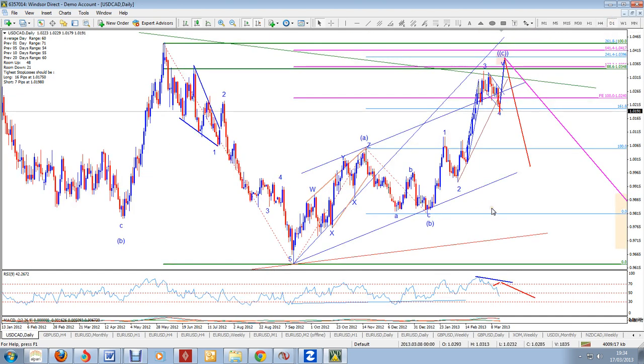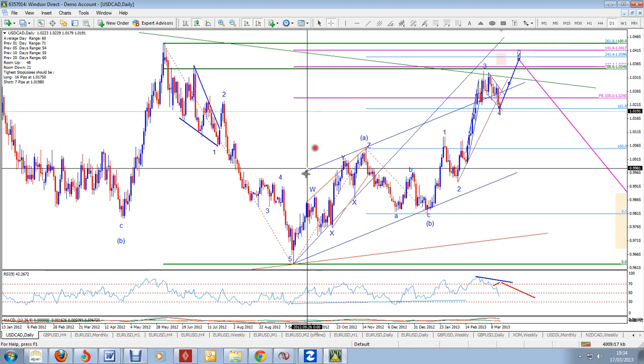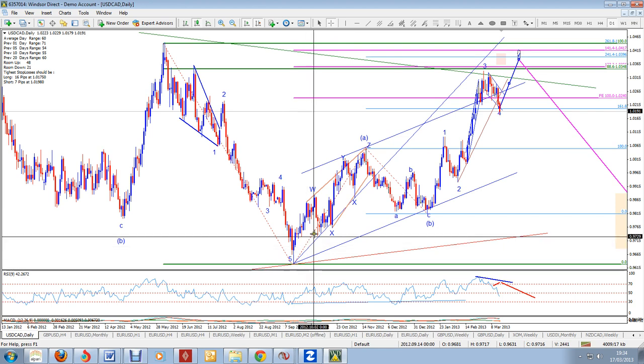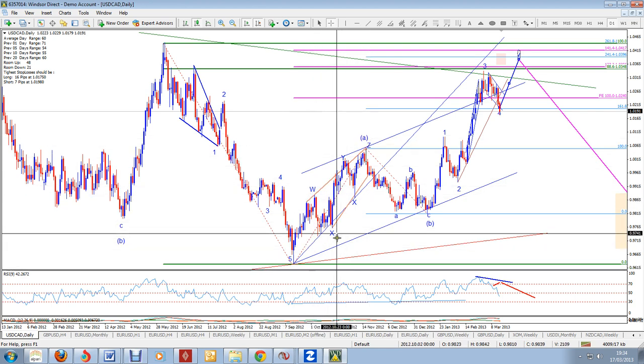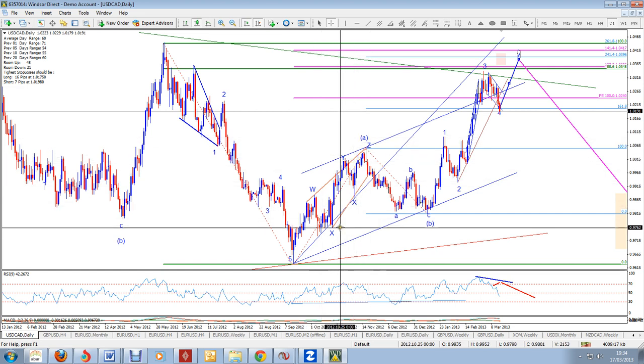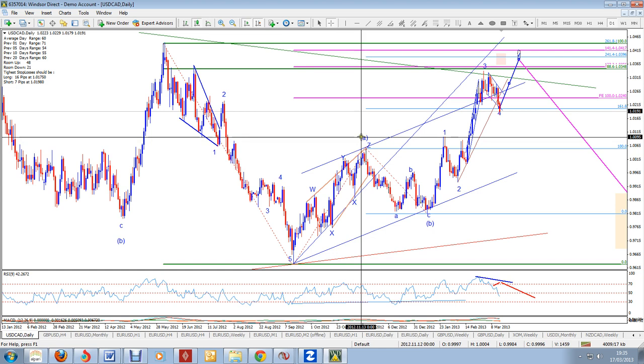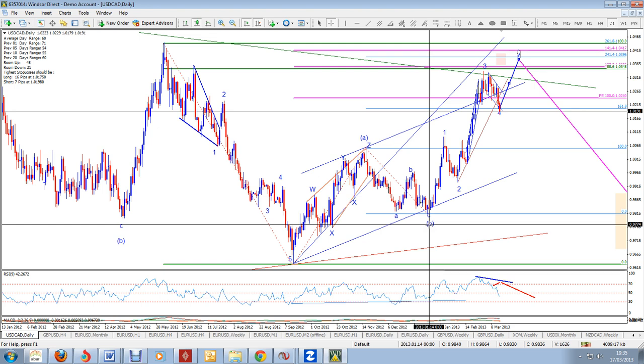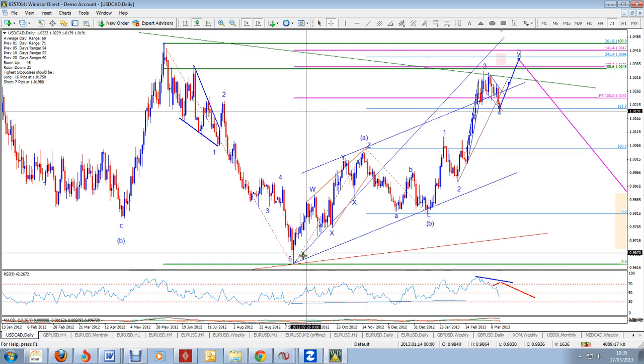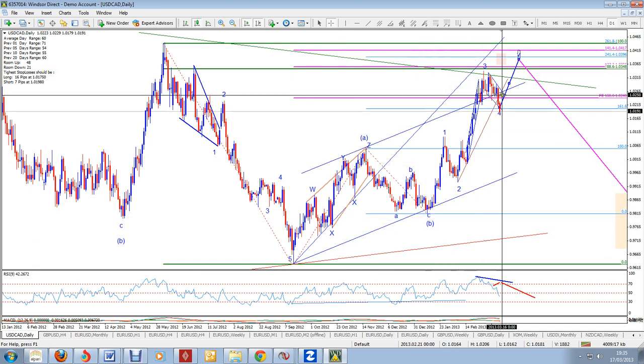This is the dollar Canada, and in the dollar Canada, what we've got is this wave 5 still outstanding, and in that wave 5 this week I think we could get that possible top forming. And since the low we had in September, this here is like a WXYXZ, or 1, 2, 3, 4 and 5, but basically a rising wedge, say it's a wave A. Then we've got wave B, and since then we're working on a wave C. So because this one had 5 swings, we're expecting 5 swings in wave C.